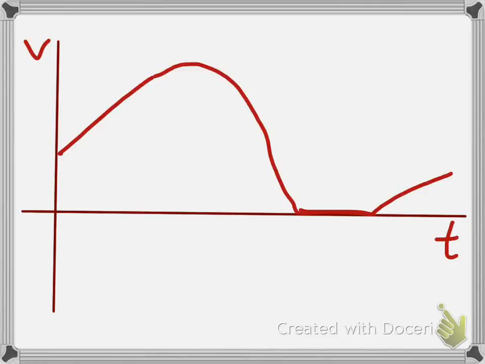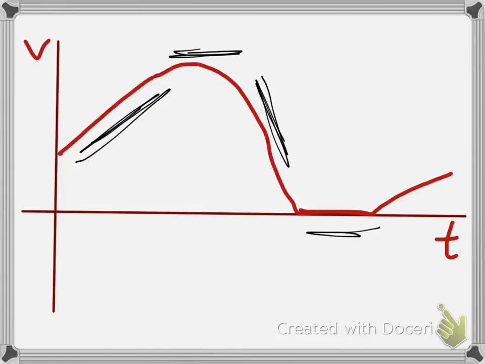Alright, so in this problem here, you have a velocity time graph where the velocity is starting at some value, increasing at a constant rate up along this portion here, and then eventually flattening out to a flat line there before it decreases back down to zero velocity down here and then popping up a little bit at the end. So what I'm going to do is make an acceleration time graph and a position time graph